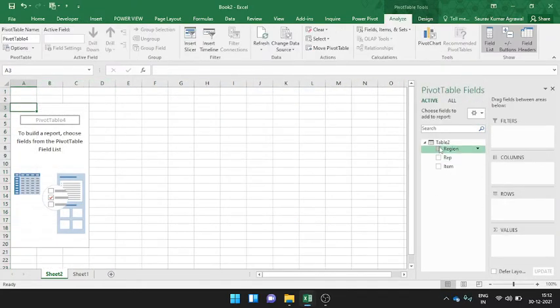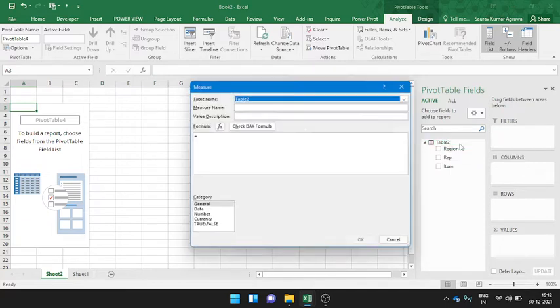Now inside that, you see it has come in the form of a data model. The next step is we need to create a measure. Don't worry, it might sound slightly unfamiliar, but it is very easy to do. Just stay with me on the steps. Right click on the table and click on add measure.